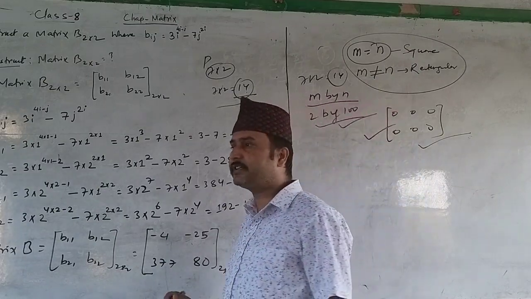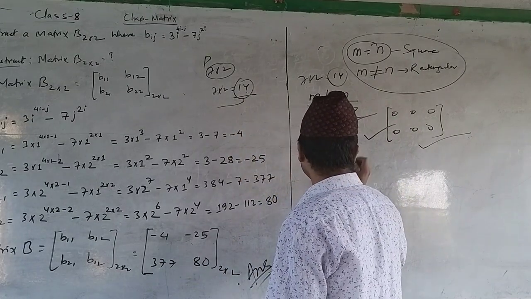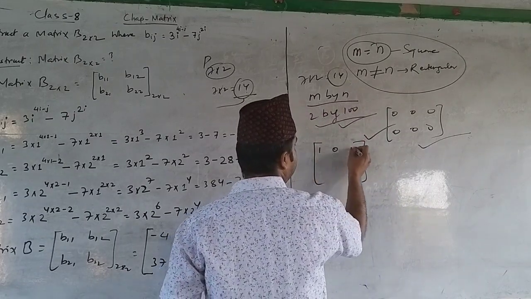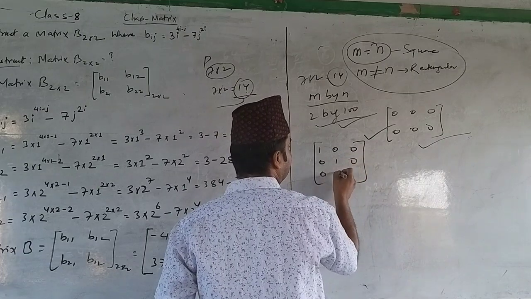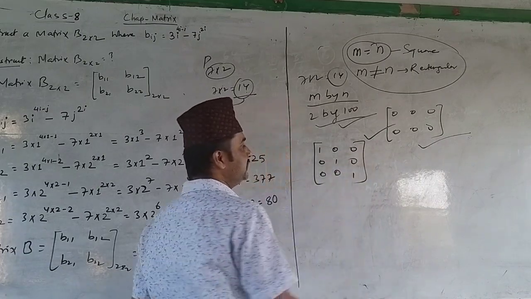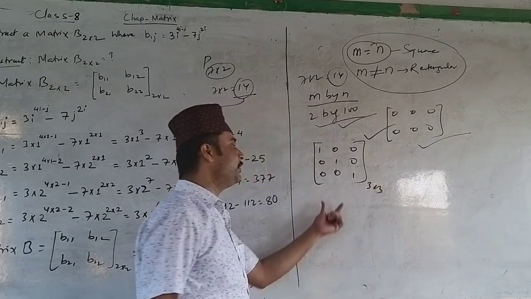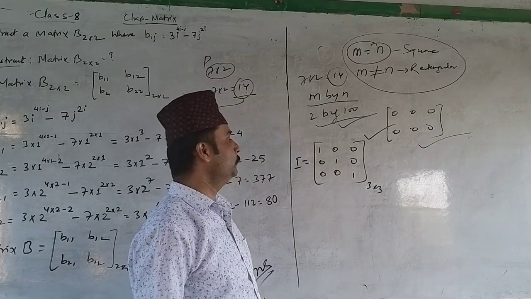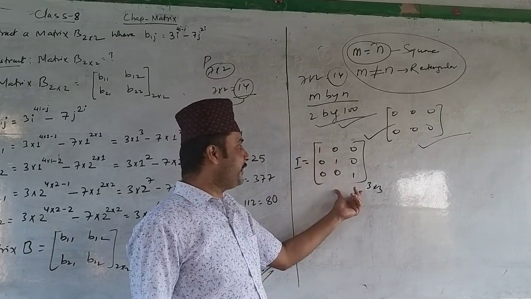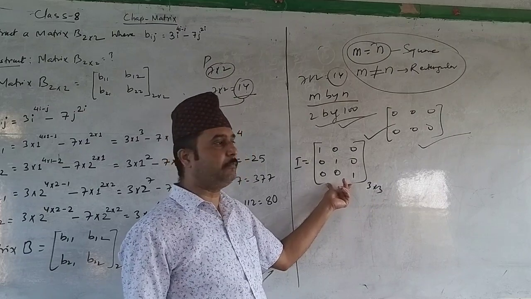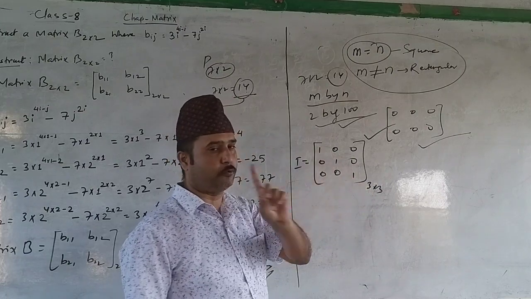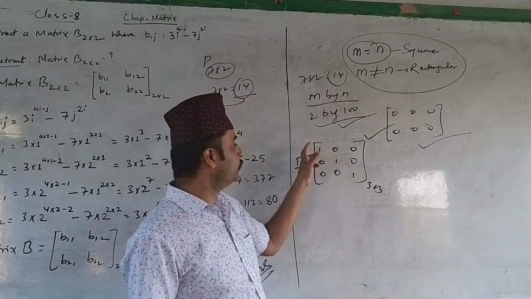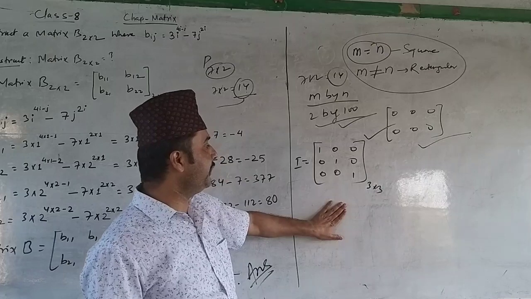How do you find a unit matrix or identity matrix? To be a unit matrix, it must be a square matrix. This is a matrix of order 3 by 3. It is an example of an identity matrix. So it is a square matrix, and a diagonal matrix. A unit matrix is a diagonal matrix having principal diagonal elements unity, or 1. So this is a unit matrix.